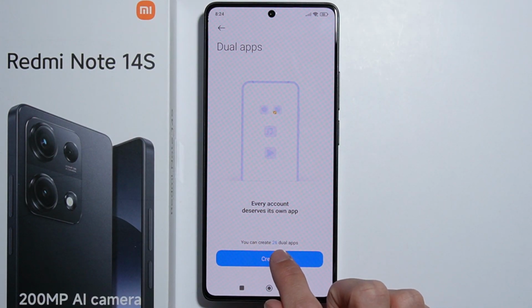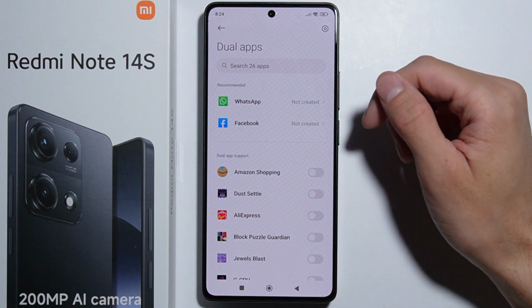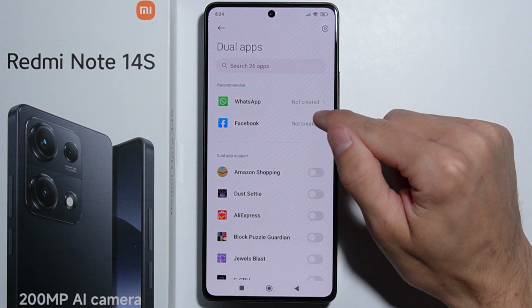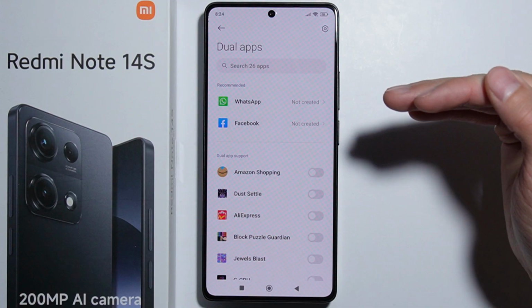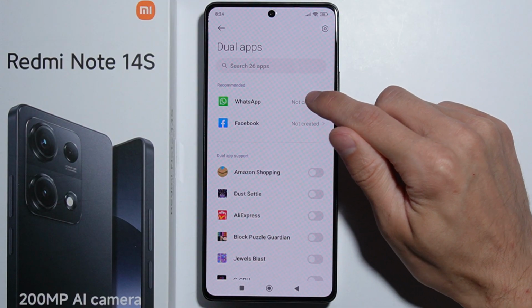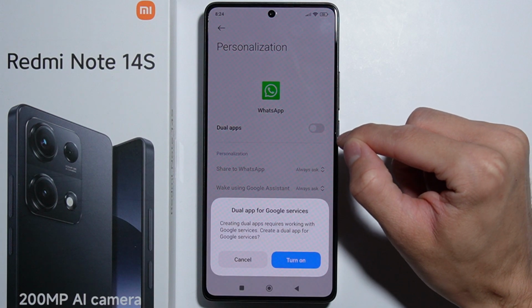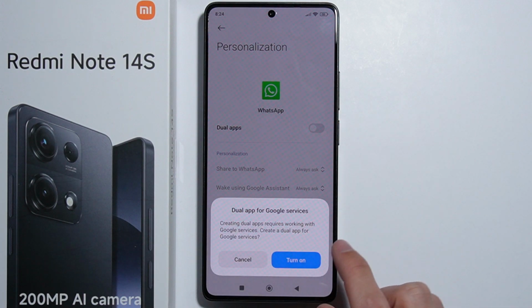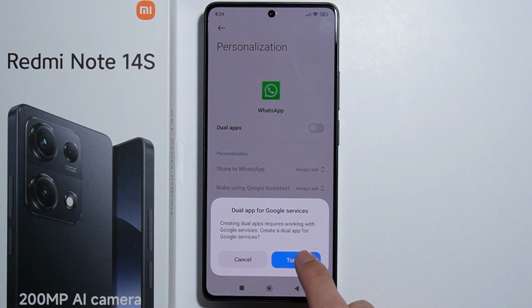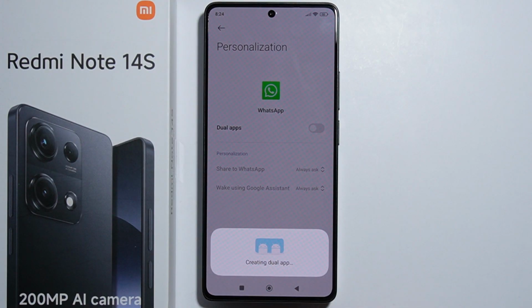Right now, you have to press create, and here you have this recommended application, WhatsApp, in case you have this WhatsApp application installed. So let's tap on WhatsApp and press the switch to create the dual application. Here this application is Google Services. Let's turn this one on, and now this is the process of creating the second application, the clone application for